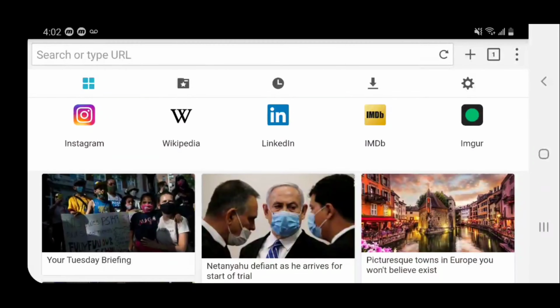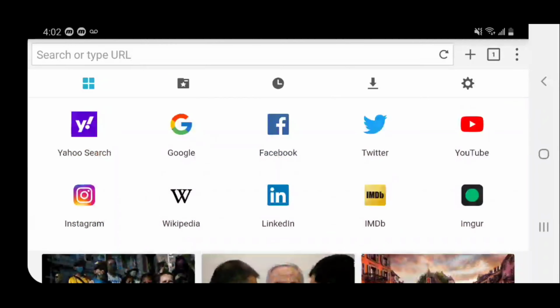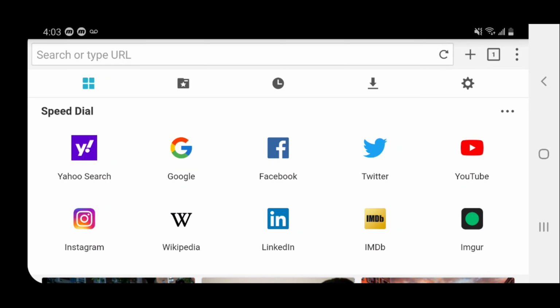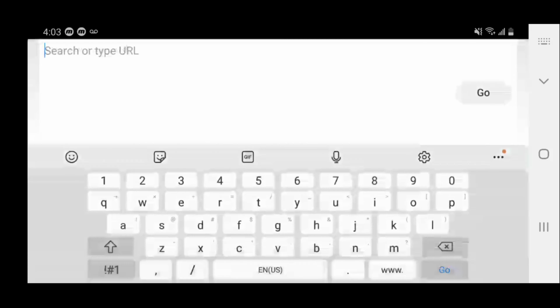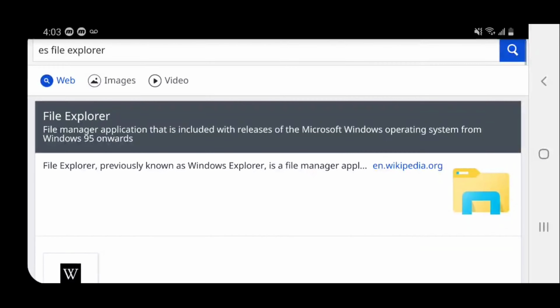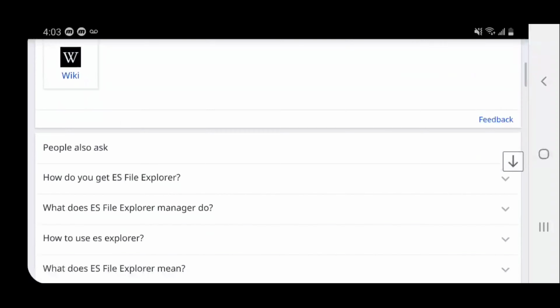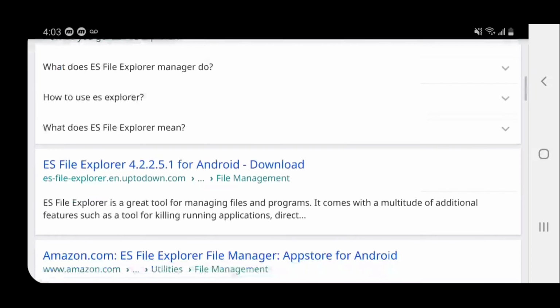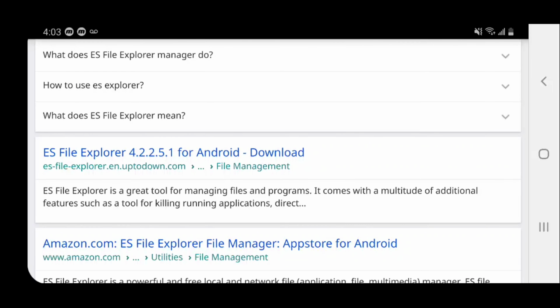Alright, so once you open up the app, you should get this screen right over here. So over here where it says search or type URL, you want to simply tap on it and search up ES File Explorer, just like so. And then once you're done with that, hit on go. Anyways, all you want to do now is scroll down over here to the first link right over here,